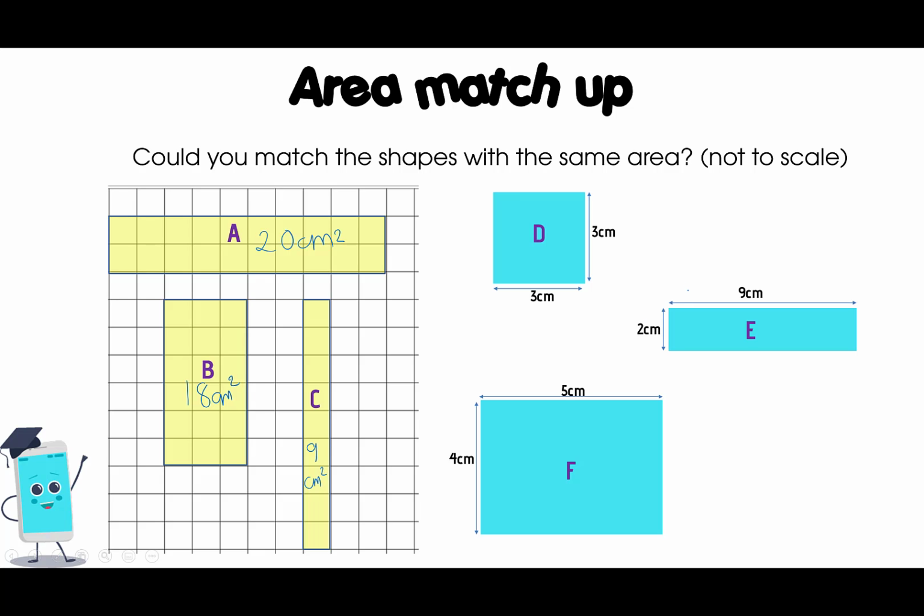Let's look at our blue. We need to use our times table and we need to make sure that we've got the length and the width, and that they are sides that would meet at a right angle. So here I've got 3 times 3. Now it's a square, so it's okay to do our centimetres square. So 3 times 3 is 9 centimetres